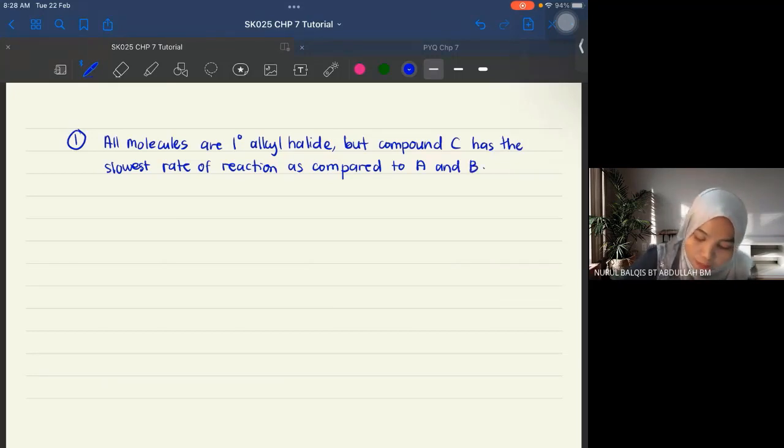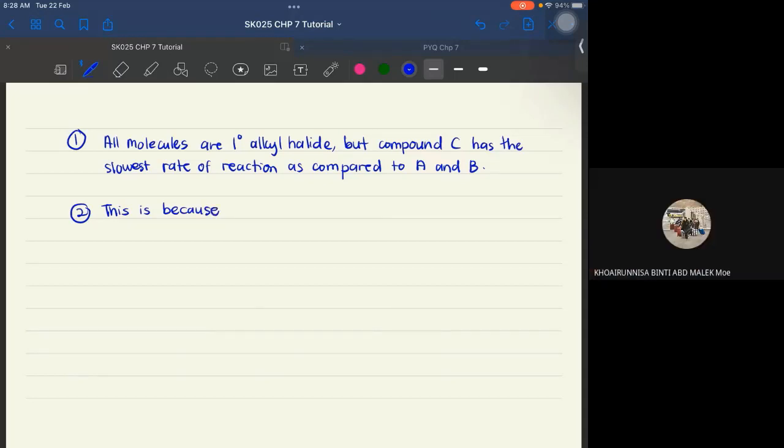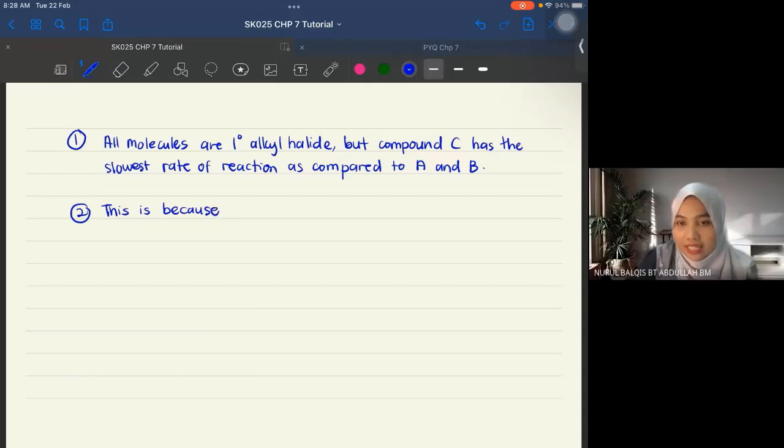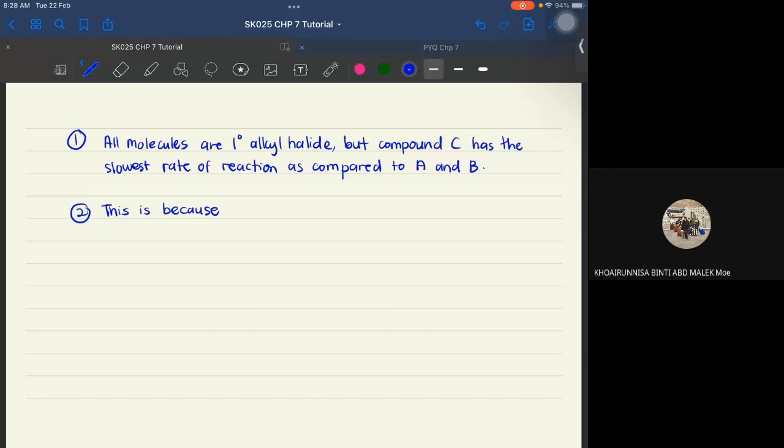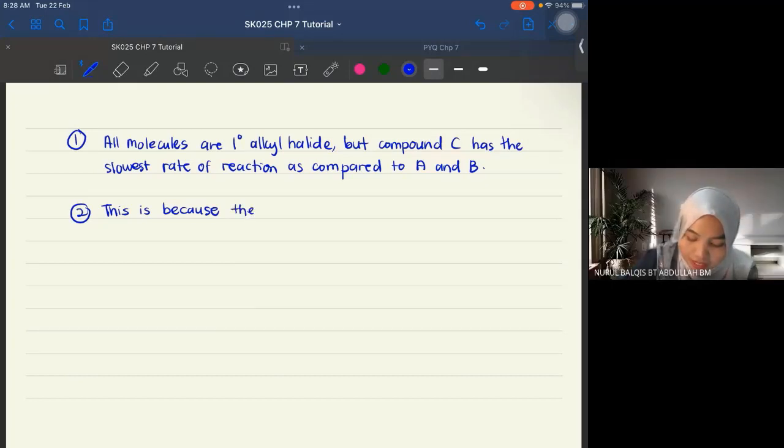Okay, buat ayat bersambung. This is because, kenapa tadi awak tengok? This is because the size, okay, the size of the alkyl group kan? Yeah. Okay, the size of alkyl group,